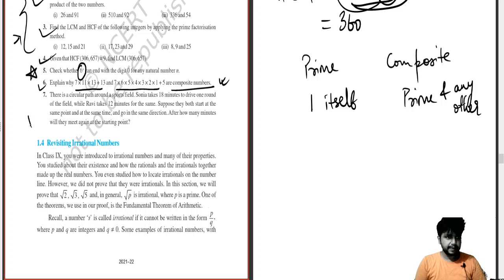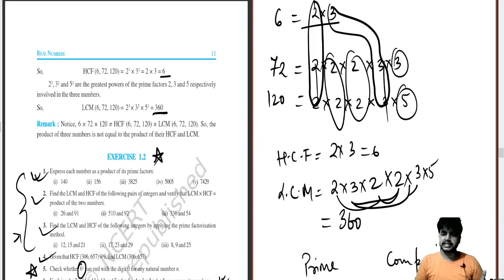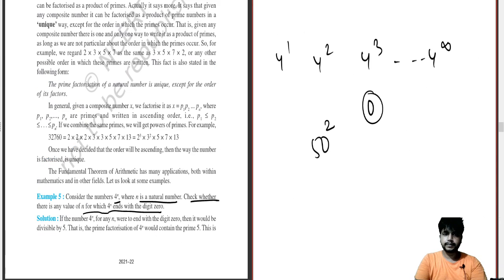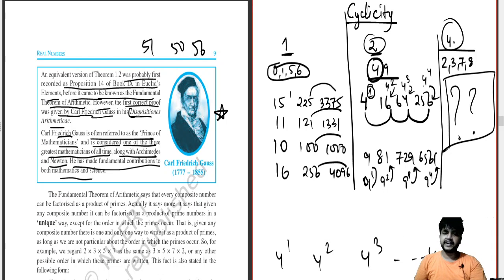Question 7 will be kept as homework for you, so you can move on to the second exercise smoothly. Basically you have to work with your HCF and LCM and brush it up with a new concept, the fundamental theorem of arithmetic, which was developed by Euclid and taken further by Carl Friedrich Gauss. These are the concepts you have to understand, and you have to solve the second exercise.